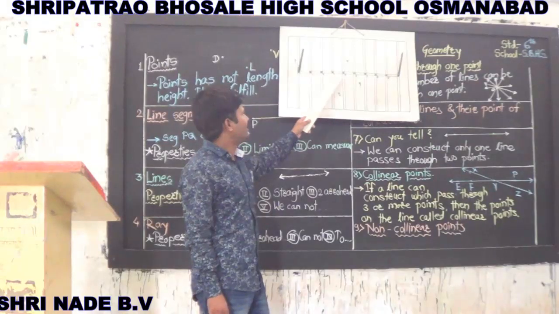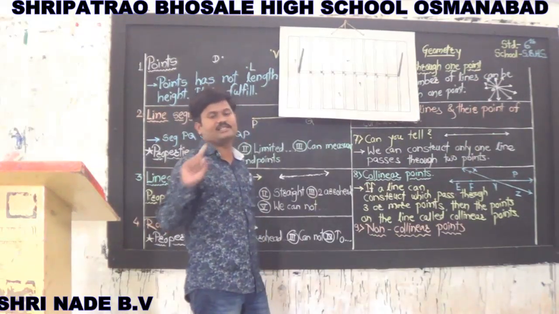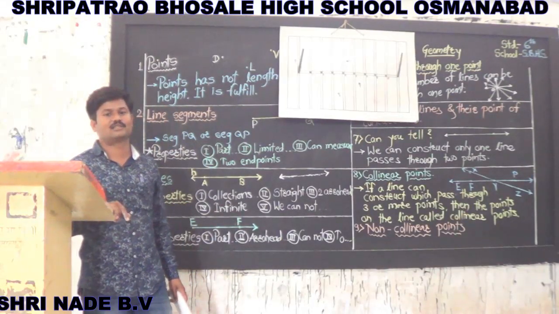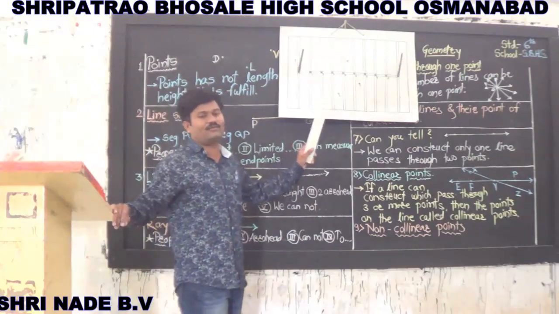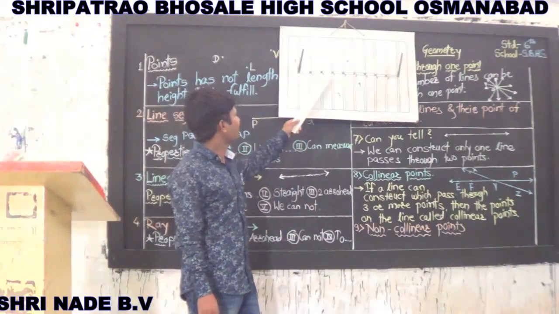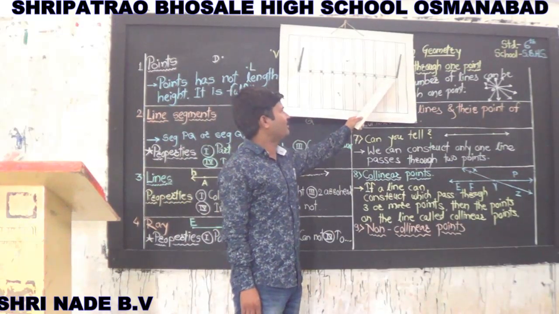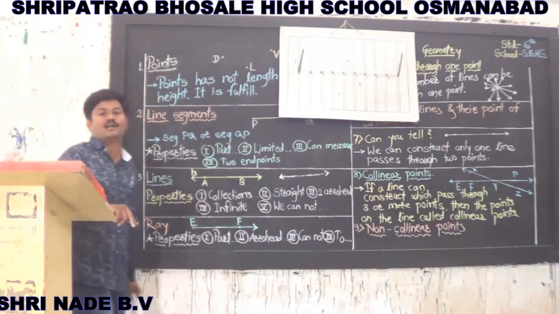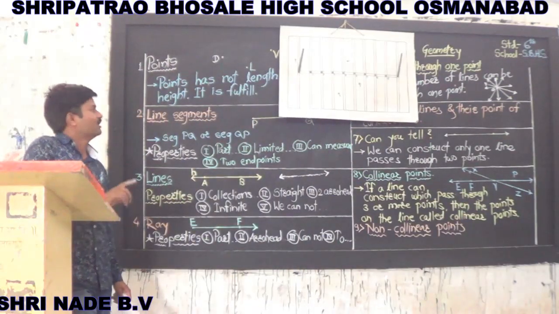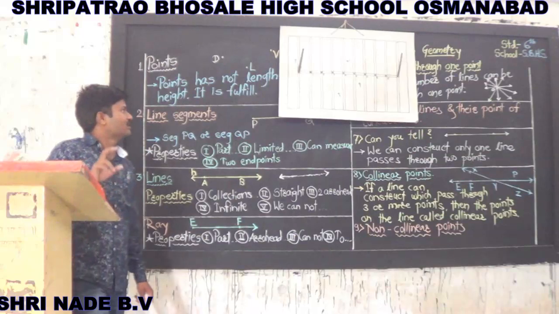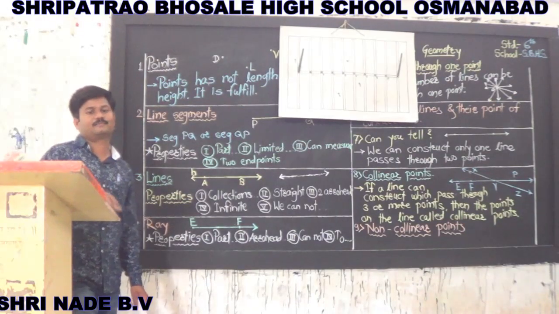Point A, point C, point F is an example of a group of collinear points. We look at another example of collinear points: point B, point E, point F and point H. This is another group of collinear points, and in this group there are 4 points. You can observe that a group of collinear points has 3 or more than 3 points.